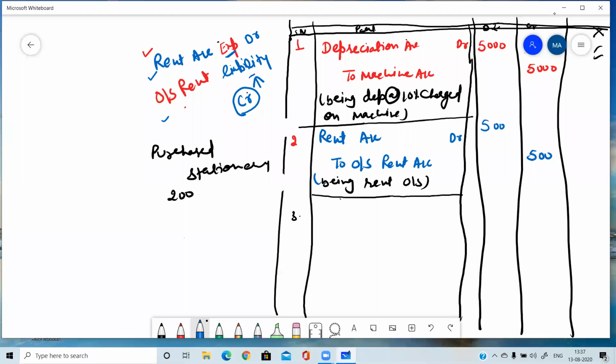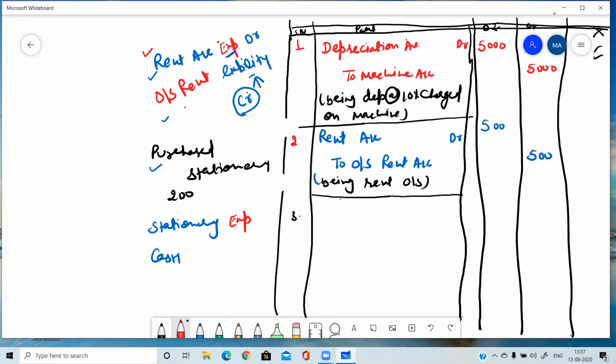So two accounts are involved here. Stationery, it is an expense. Stationery is not an asset, make sure it is an expense. And cash. Purchased means you have made payment, because here it is not mentioned that you purchased on credit, and the name of the person is also not mentioned. So it means you have purchased stationery for cash. So the nature of stationery, please tell me.